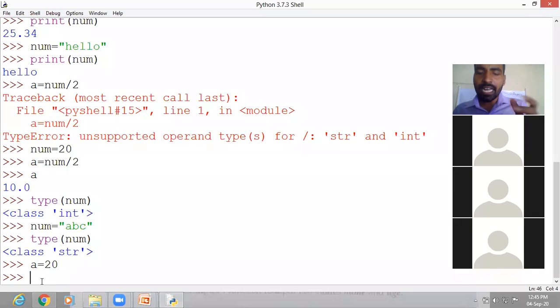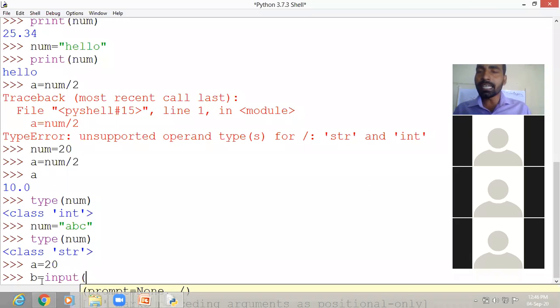So for that, what I will do, I will write b equal to input. Then I will write a message, enter the number. Okay, now as soon as I press enter key, it will ask for an input.